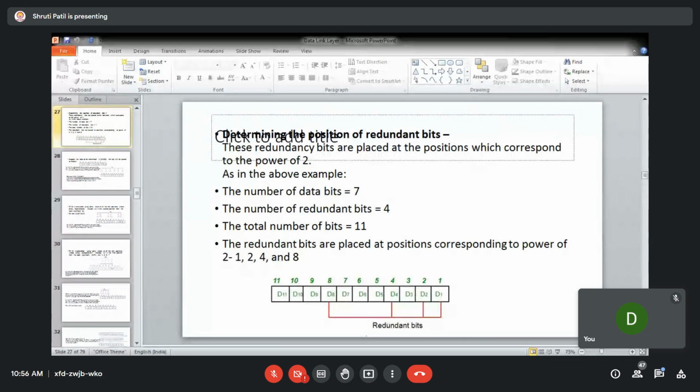Next is R2. For R2, you will be checking the bit positions whose binary representation includes 1 in the second position from the LSB. So the second position 1 is this: 2, 3, 6, 7, 10, and 11.